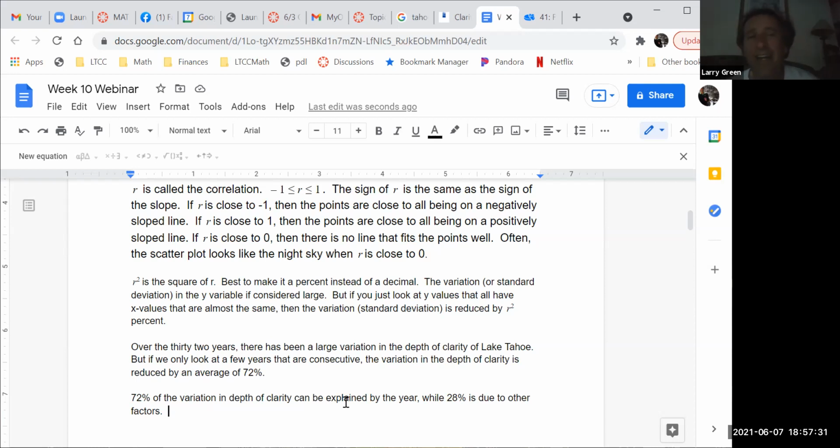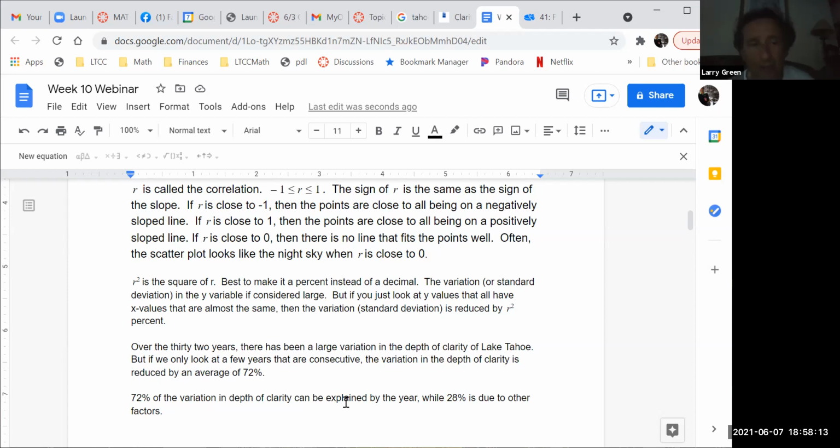So any guess on 2021, how our clarity is going to be? Think it's going to be better or worse than last year or the last few years? Better. Should be better because we're in a drought this year. So again, if you don't live anywhere near here, if you're out in, I don't know, China or something, then you might not know that, but we're in a drought. So we could expect it to be better, but probably not as good as it was in the year 1968, because things have gotten worse every year. Do you see that? Any questions about looking at R squared?